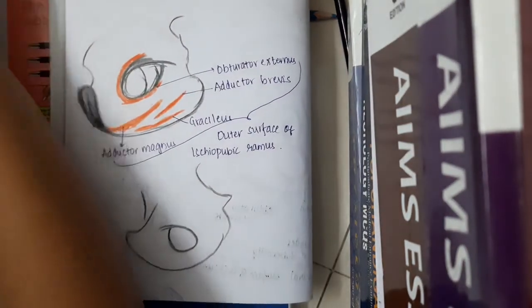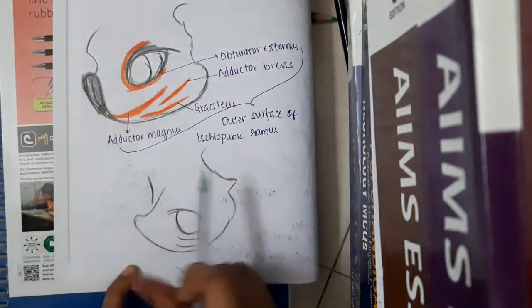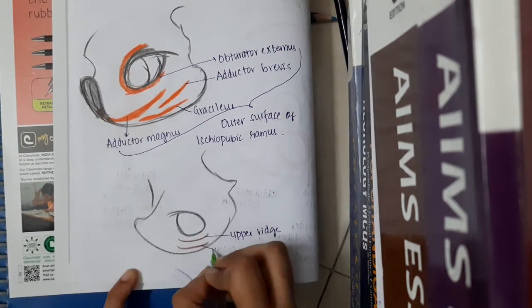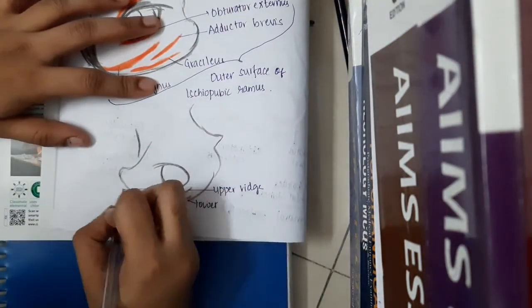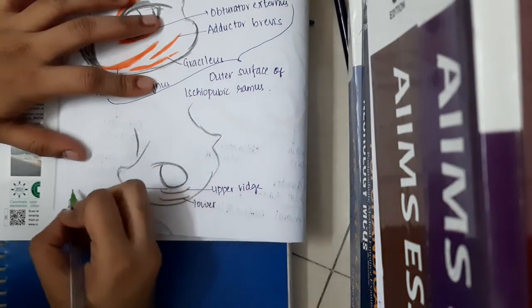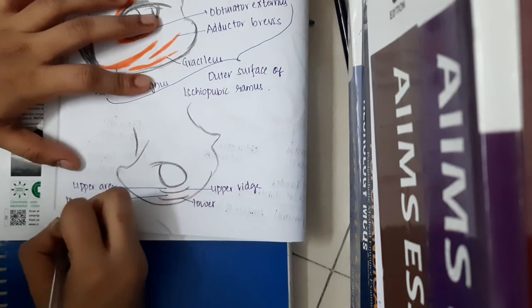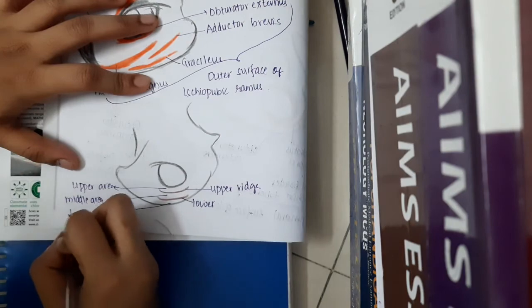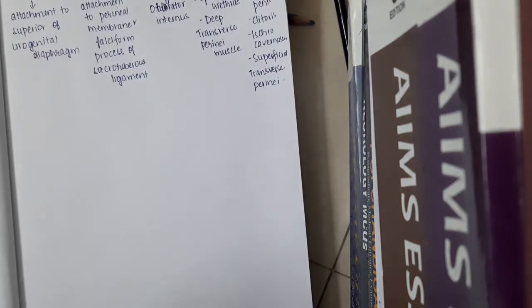What are these areas? If this is the inner surface of the ischiopubic ramus, it actually has two ridges. This is the upper ridge, and this is the lower ridge, and these ridges divide the inner ischiopubic ramus into the upper area, the middle area between the upper and lower ridge, and the lower area below the lower ridge. So this is important. Then we have completed the ischium now.